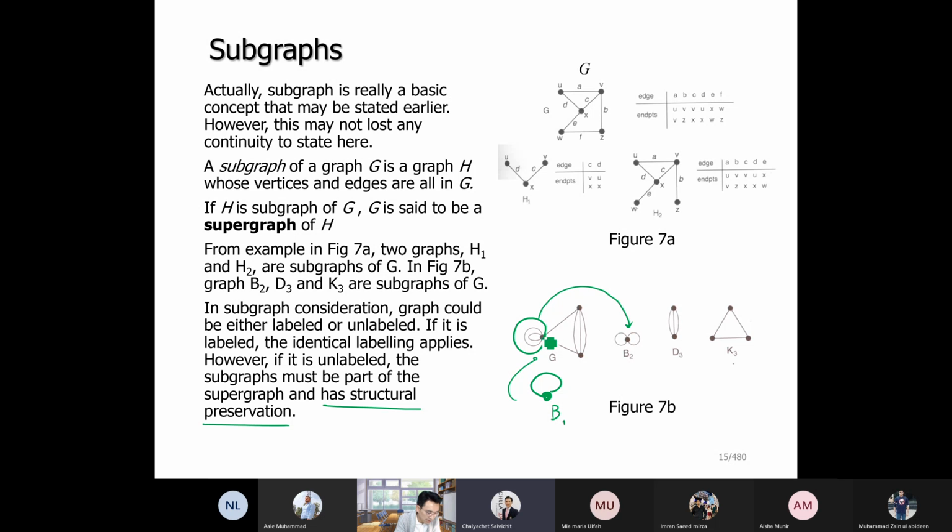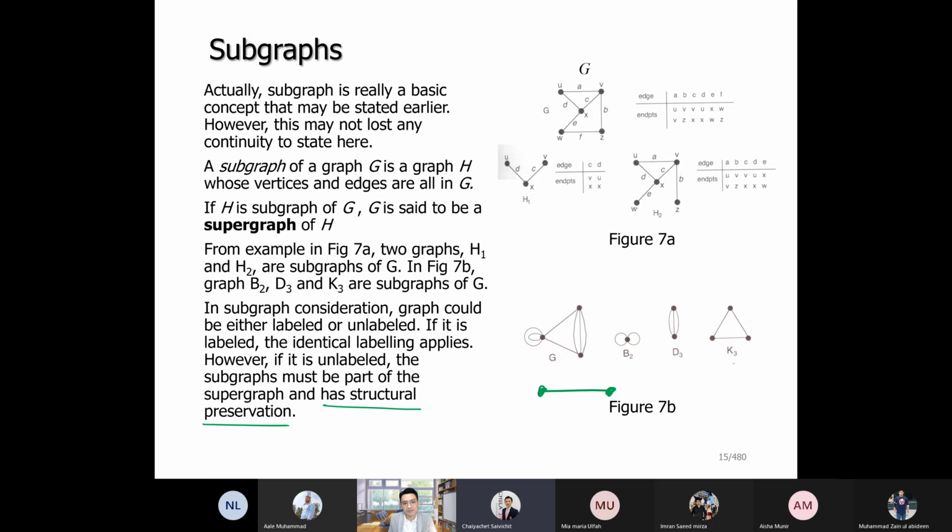Because I only select this node and this one, this is a subgraph of this one. I don't have to select all of them. Later on there will be some subcategories of the subgraph that we will discuss. So this one, if I say it is a subgraph of G,